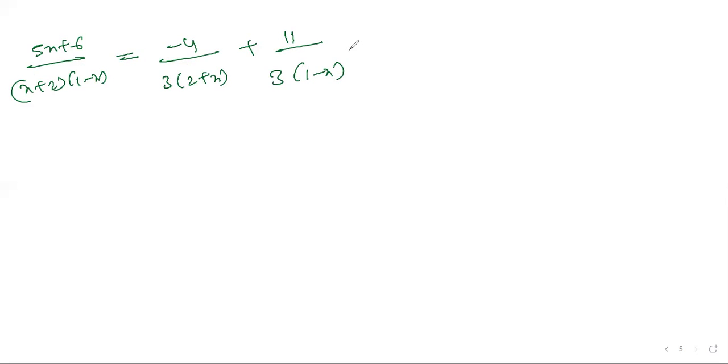After this, what I'm doing here is minus 4 by 3. This 2 plus x I'll take to the top. What are you going to get? Or else I'll do one thing for your convenience. I'll erase and write on the next page to understand. The next step I can write very easily. Minus 4 by 3 is there. I'm taking 2 as common. What are you going to get? 2 into 1 plus x by 2. Yes. Next 11 by 3, 1 minus x.